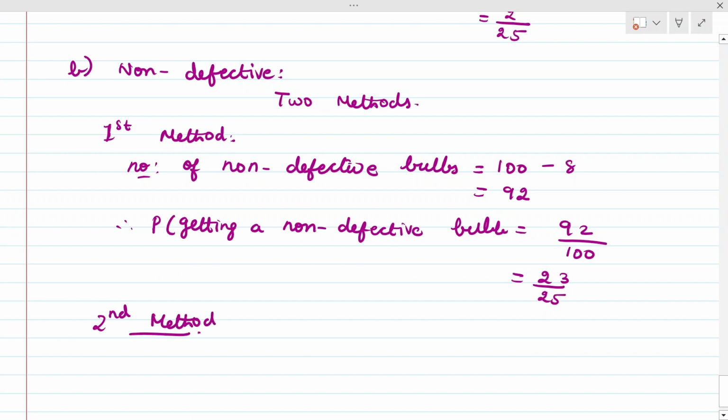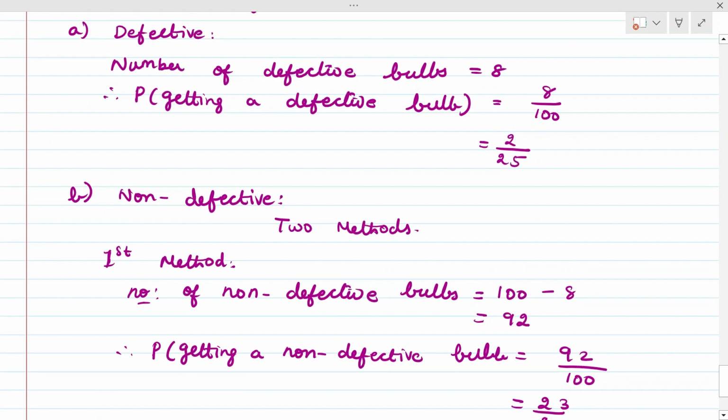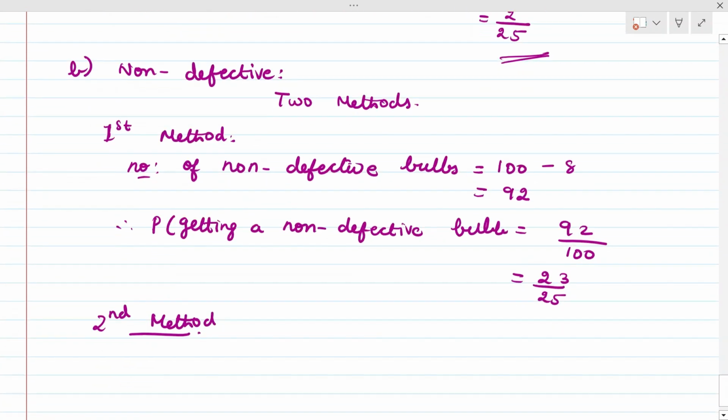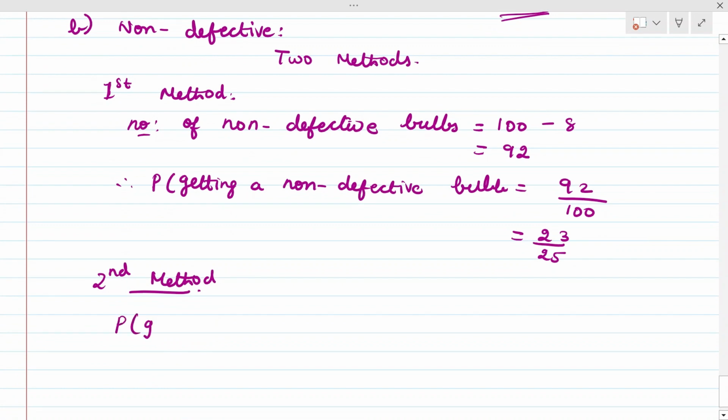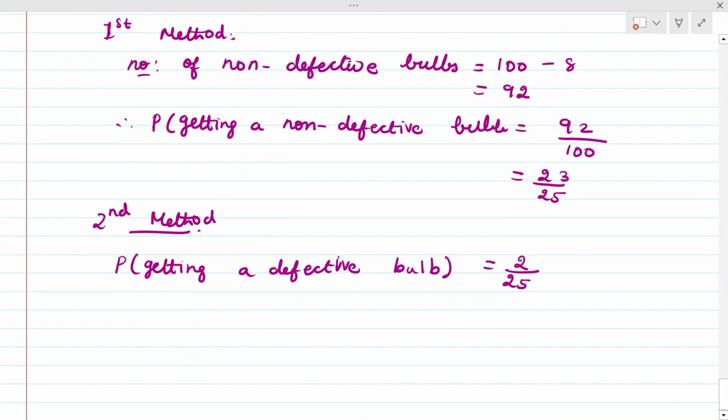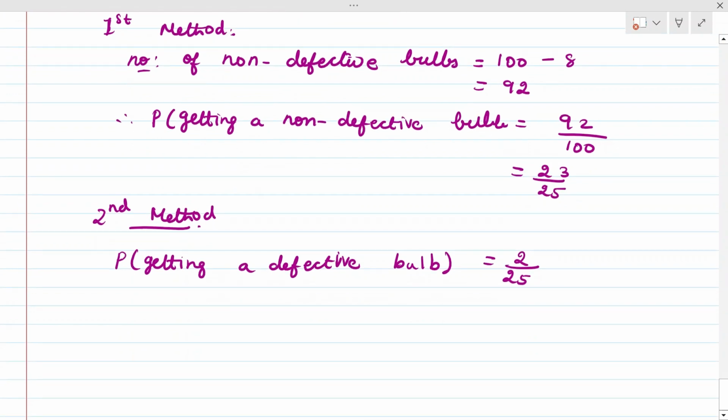Second method, we already found out probability of getting a defective bulb is 2 by 25. This we found out in the first subdivision. Defective bulb is equal to 2 divided by 25. I have already told you the total probability. See, probability of getting a defective bulb plus probability of getting a non-defective bulb will be equivalent to 1. So therefore here probability of getting a non-defective bulb